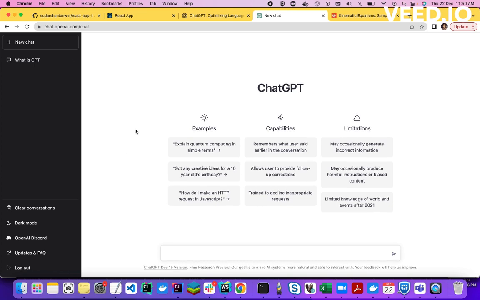So guys, let me tell you something about ChatGPT. Basically, ChatGPT is a tool that is so intelligent and so powerful. You can interact with it and it will reply like humans do, and even smarter than humans. Although it is in beta version right now, it still has lots of capabilities and it can do lots of your daily work, office work, and many other things. You will be amazed to see its capability.